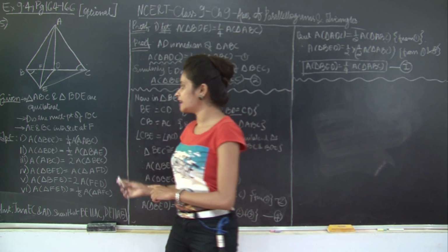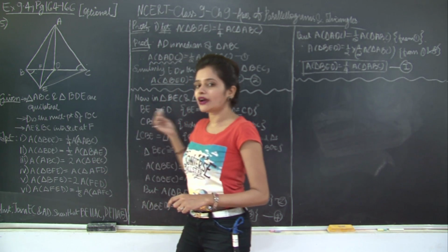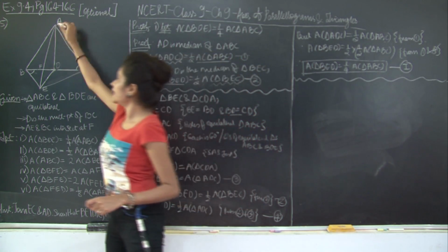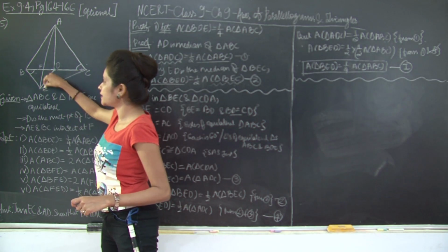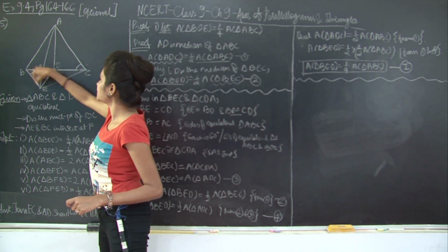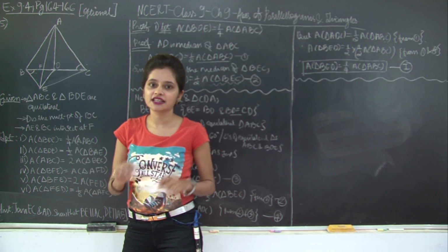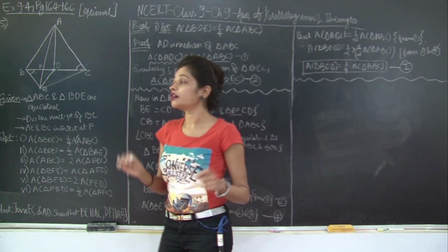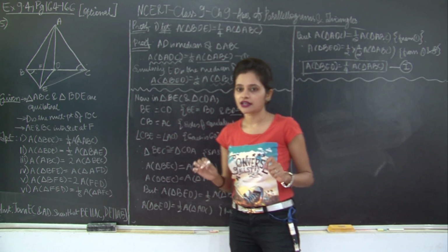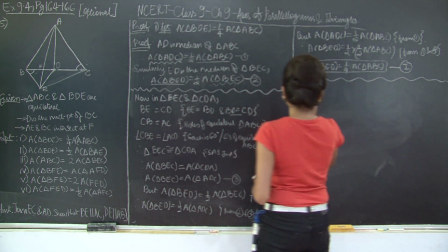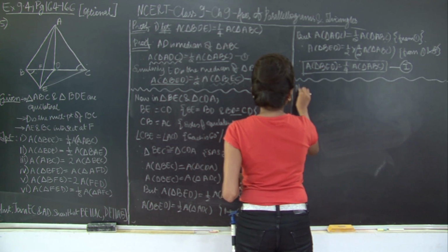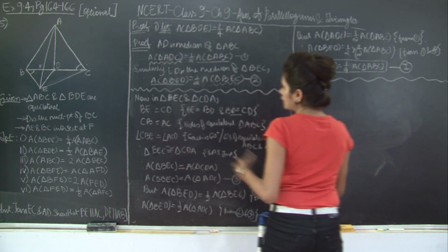Therefore, again getting back to triangle BAE and triangle BEC, I have BAE and BEC lying on the same base BE, and between common parallels BE and AC. Therefore, what can I say? That the two triangles are congruent. The two triangles have equal areas, right? So, let's write this down. I'll say now, so first let's prove the two lines parallel.